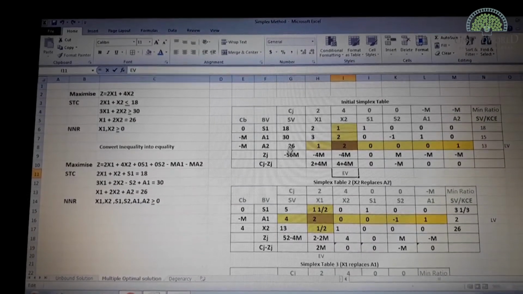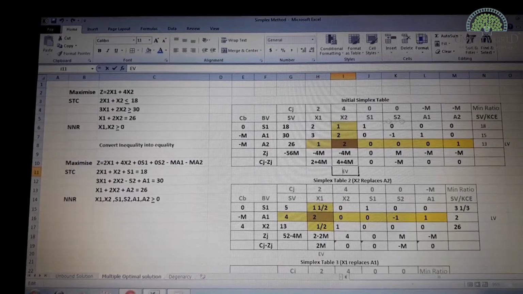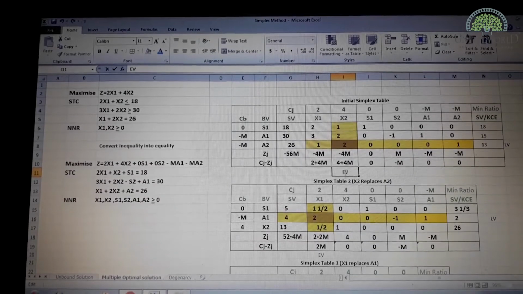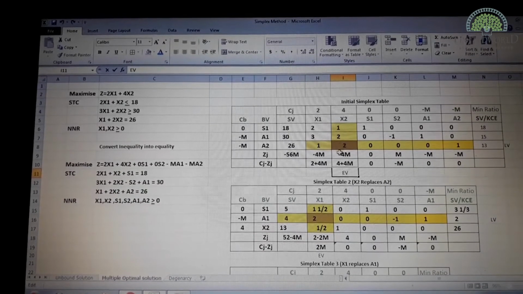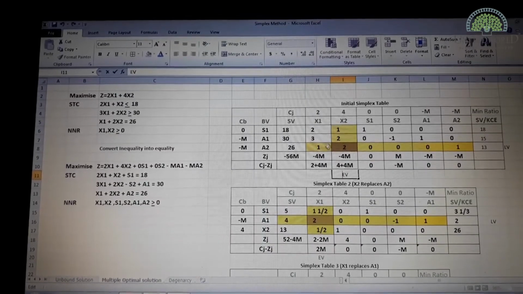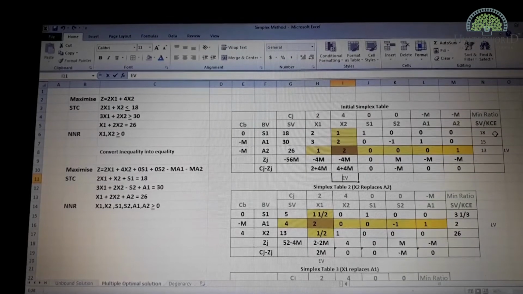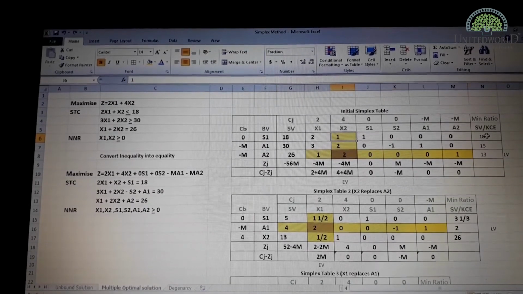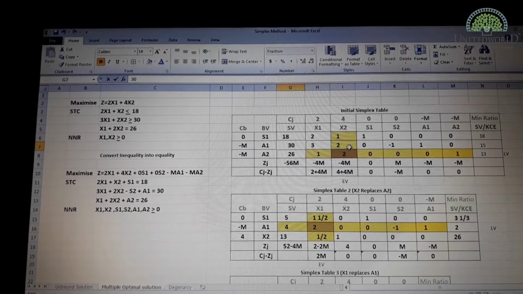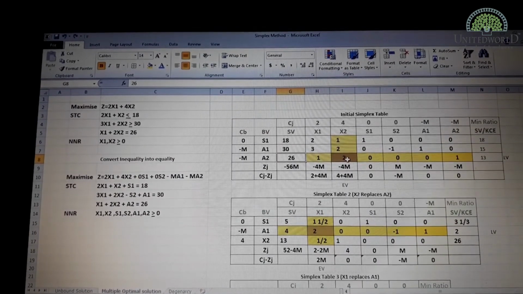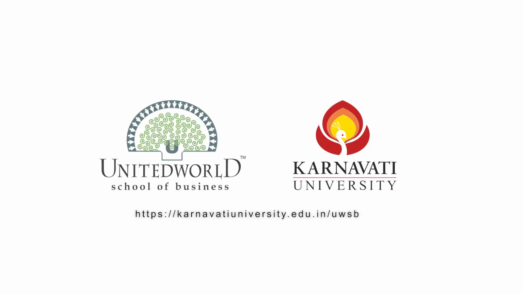The solution value column is known to you all. The key column element is the column which corresponds to the entering variable. That is, you have decided that this variable is the entering variable, so this column becomes the key column. Now when we proceed, if I use the formula, in the case of the first row, solution value divided by key column element makes it 18 divided by 1, which is 18. 30 divided by 2 makes it 15. 26 divided by 2 makes it 13. So over here you see that